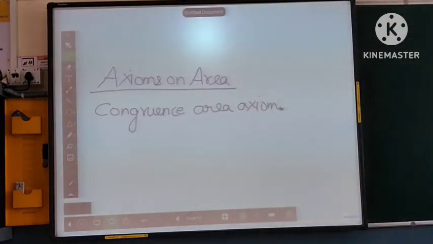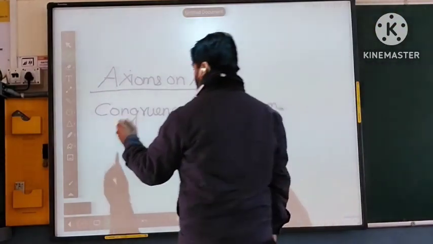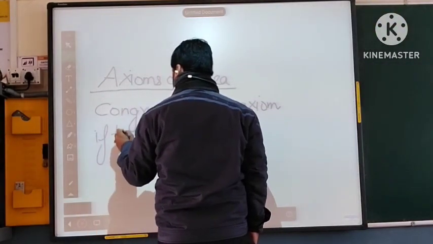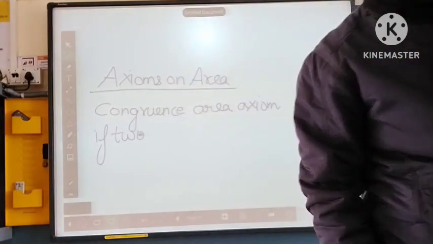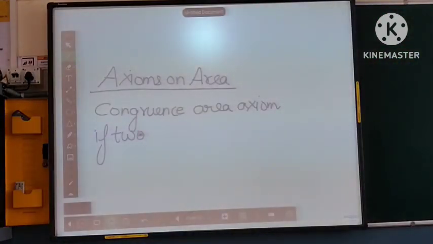What does it say? It mentions that if two figures are congruent, and congruency was also studied in chapter 10, with many ways to prove it,